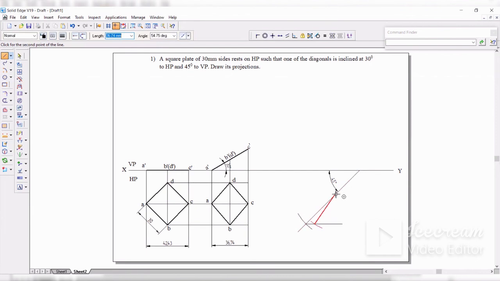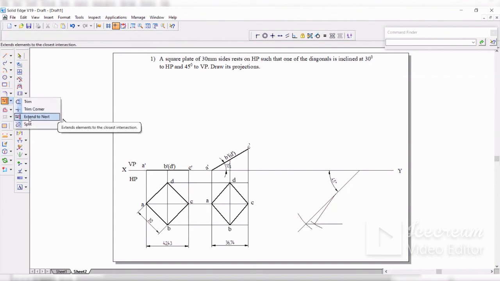From there, you should draw the projection line to the intersection point, and then further, if you want to extend to the XY line, you can click on the extend to next command here. Extend to next. Now from here, just click on this line. You'll get to know where you want to extend. So you can extend up to where you want, like this.